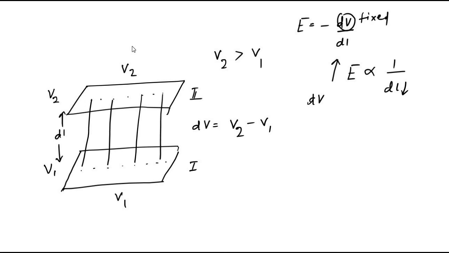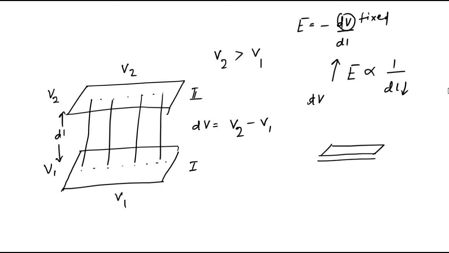surfaces. So the more equipotential surfaces there are in between two points, the smaller the gap will be. dl will decrease, and as dl decreases, the gap decreases and the electric field strength will be more. So the more crowded, the more equipotential surfaces, the stronger the electric field. You get the point? More equipotential surfaces means, let's say we have one surface like this,